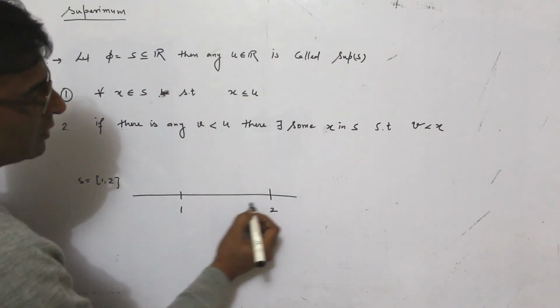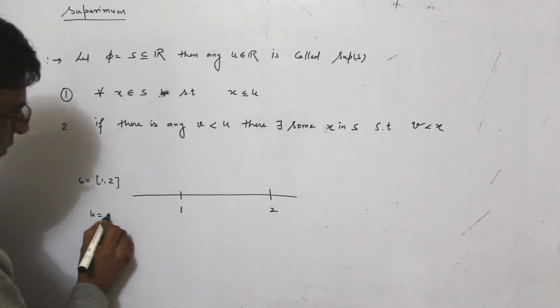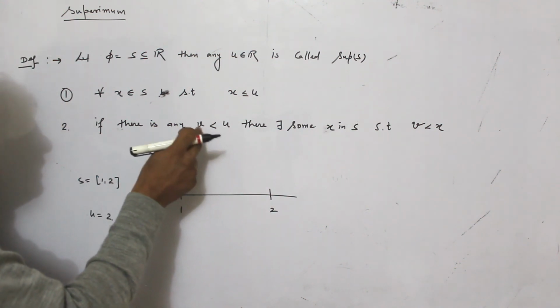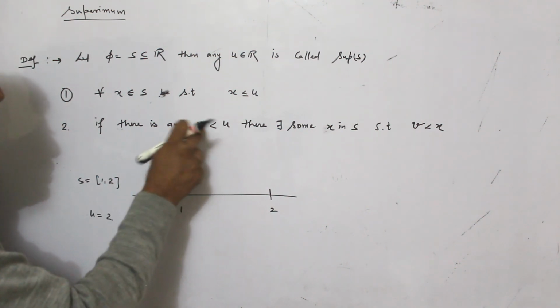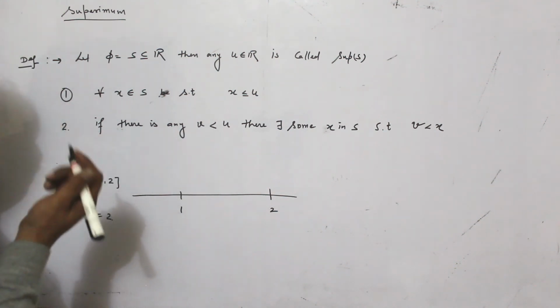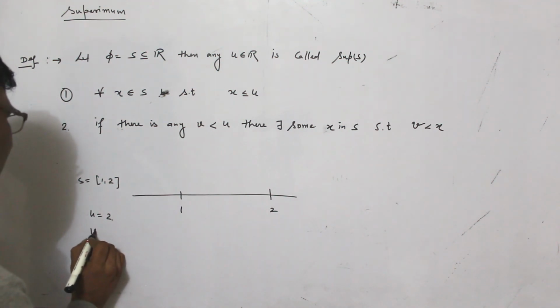That means in this case u is 2, and if there is any v smaller than u, suppose you take v equal to